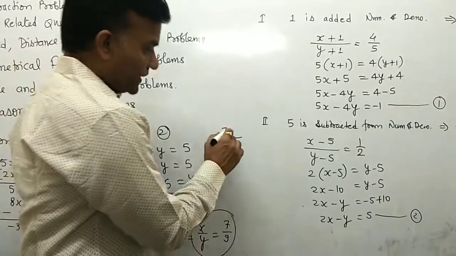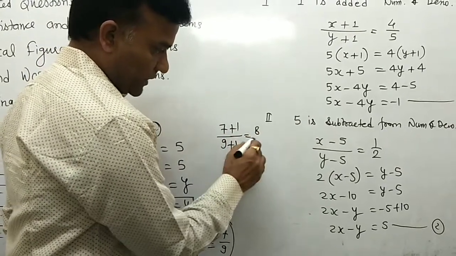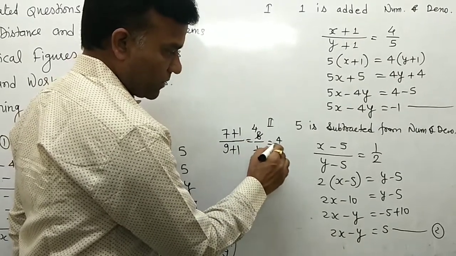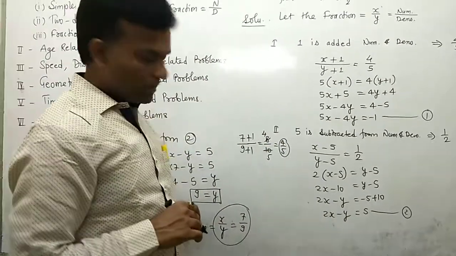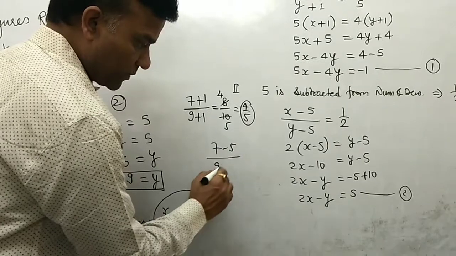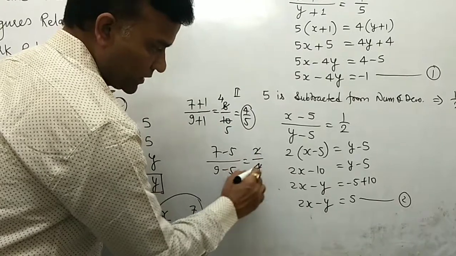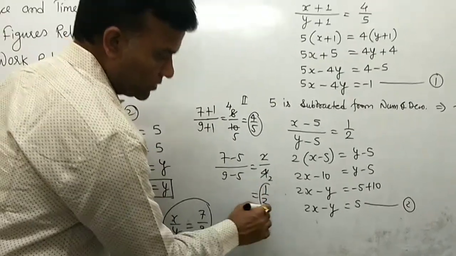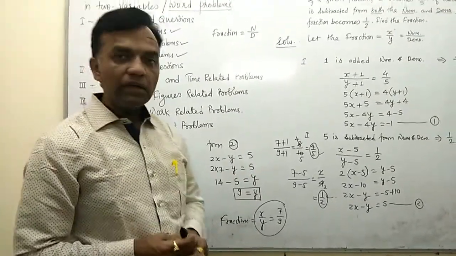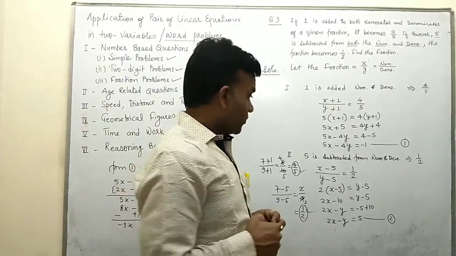We check. So 1 added to the numerator, 1 added in the denominator. So now 7 plus 1 is 8 and 9 plus 1 is 10, and now you simplify, so 4 by 5. So it becomes 4 by 5. Okay, it is done. Okay, so now again you check the second. 7 by 9 you have, subtract 5, subtract 5. So 7 minus 5 is 2, 9 minus 5 is 4. Again simplify, you have 1 by 2. So both parts are correct. You added 1, then your answer becomes 4 by 5. You subtract 5, then your fraction becomes 1 by 2. So both parts are done.